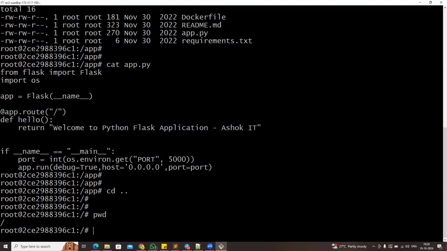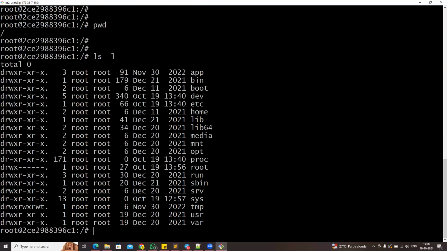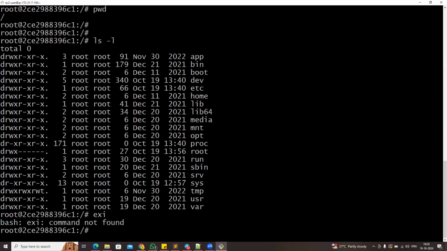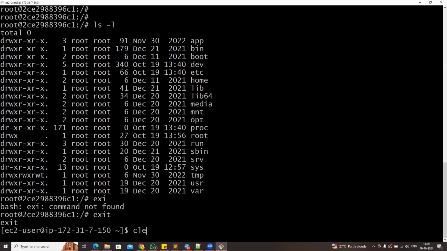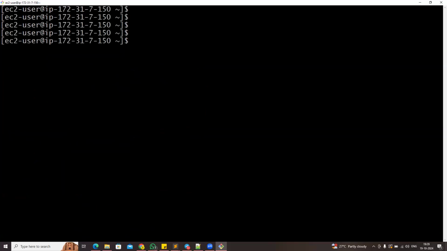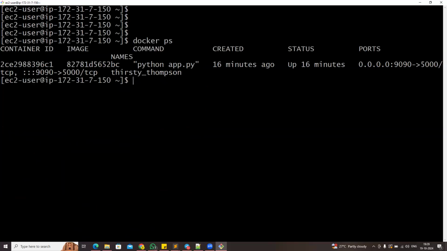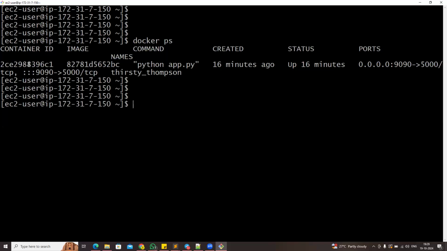Thank you. This is pwd. The proof, guys. So many people may ask a question. Sir, you are saying container is a Linux machine. Can you prove that really container is a Linux machine or not? The docker ps command is available. This is my container ID. How to go inside the container? That means how to go inside the container machine. For that, there is a command